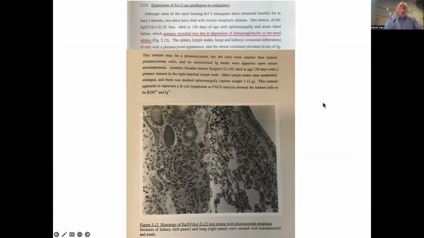And this is from my PhD thesis, where it turned out that those mice didn't develop lymphoma. You could take out the lymphocytes from those mice and they survived well, even in low serum conditions, but the mice didn't develop lymphoma. If we crossed them with the MIC transgenic mice, then they developed leukemias extraordinarily rapidly. So clearly it was functioning, but although the mice didn't develop early lymphomas, they did die early of a kidney disease. And this is a picture of a section through the kidney, and you can see immunoglobulin deposits in the